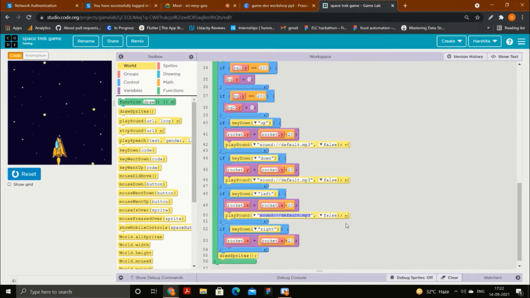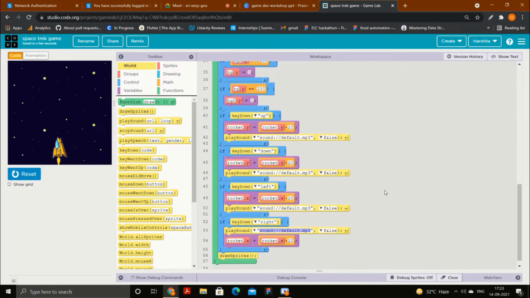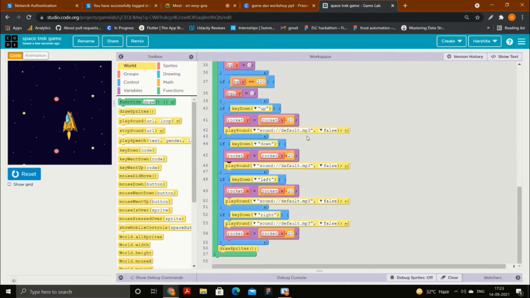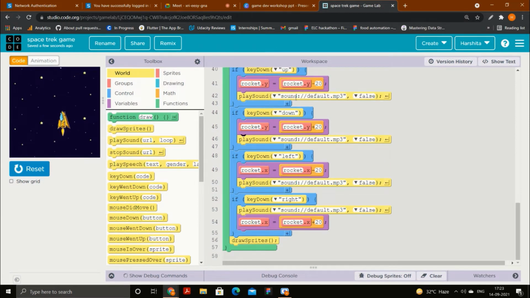Similarly, I want the sound to play whenever I press right, left, top, down. You can see there is something like sound and default written here. So what we need to do is select the sound.